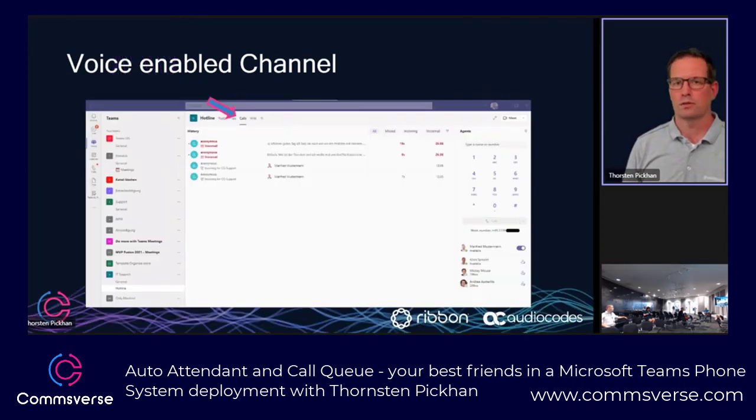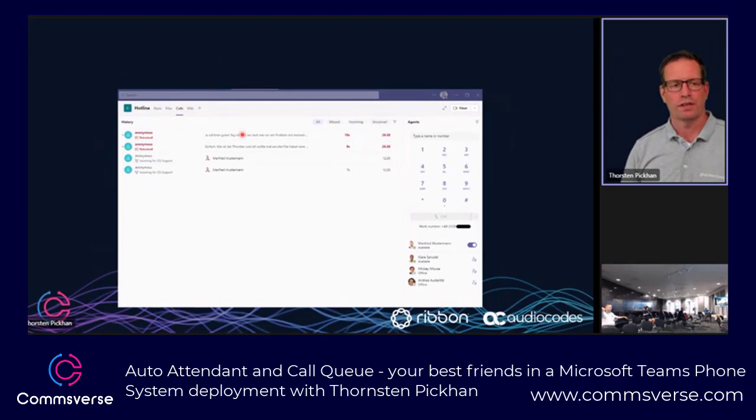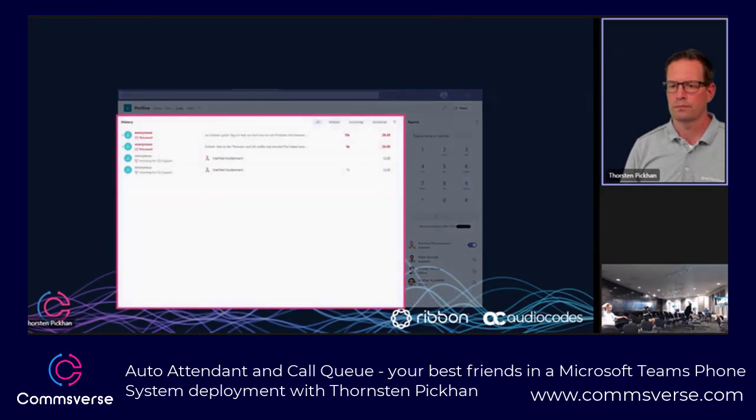And now the question is which tab Thorsten is talking about here. This little one here. When you enable or link a call queue to a Teams channel, you will get a new tab in this team, and it is called Calls, or Anrufe in German. And when we look a little bit in detail and focus on that, you can see it looks a little bit like the new call experience. So you have here a special section for, here it comes,